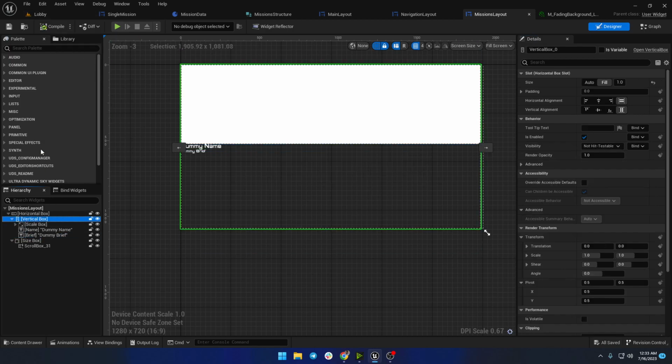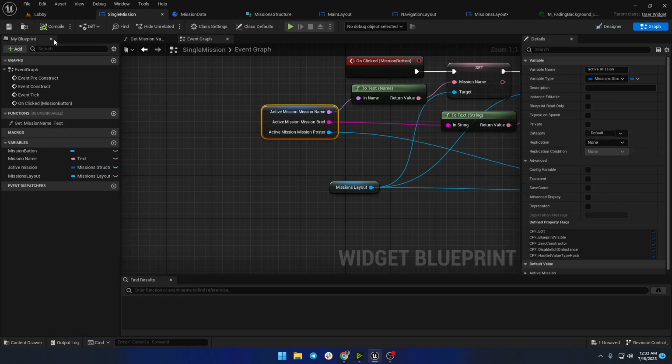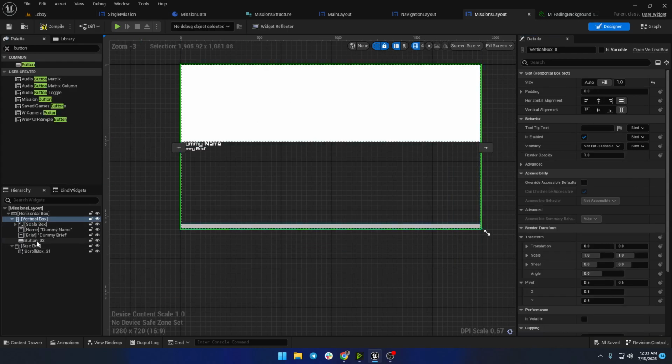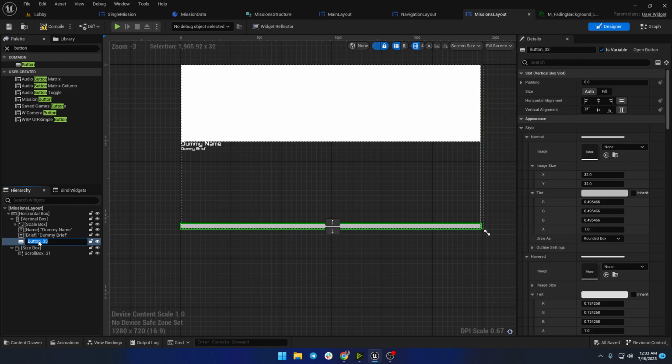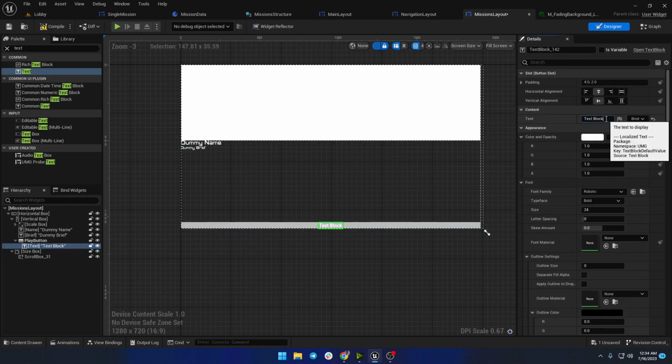And I forgot to add a button, so button, while we still have the font, let me go back to this information button, select the name and set the font. Just so I don't forget. Okay, so let's go back to missions layout. In the button, call this play button, and then search for text. Add it there. This one does not need a binding, just the word play, set the font, and